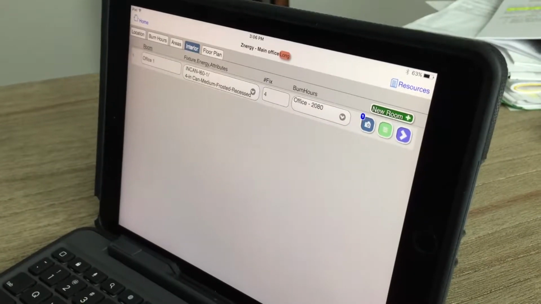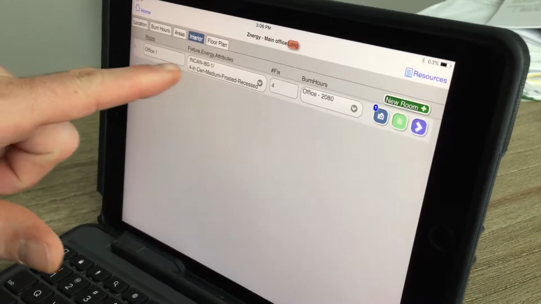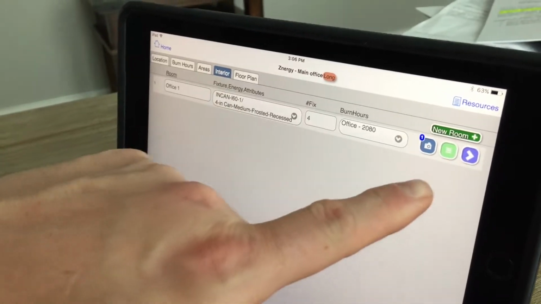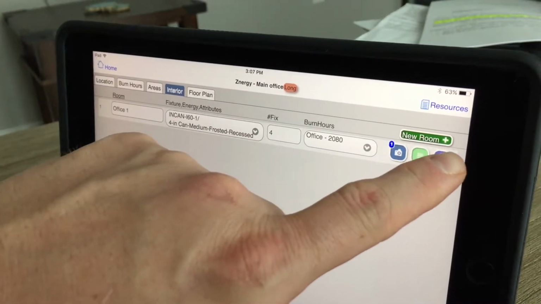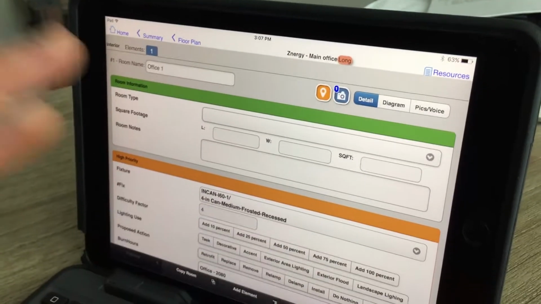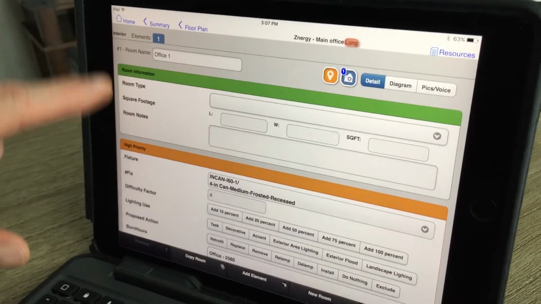All right, so now we've got everything, all the fields in here filled out properly. In the purple box, we can go into that room in more depth. So we're going to go inside of the office basically. And here we get more information